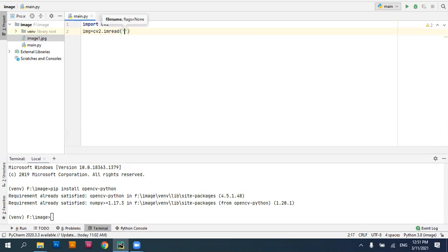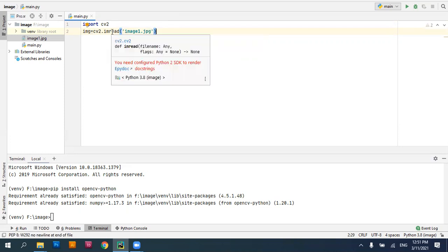Let the file name be image1 with the extension JPG. Sometimes you also have to provide a flag to it. I will discuss those flags in later videos. So imread is an inbuilt function which will help you read an image.